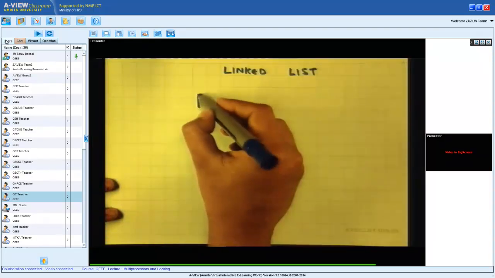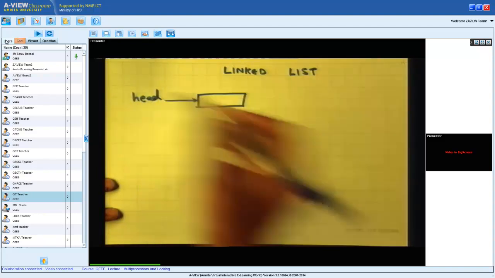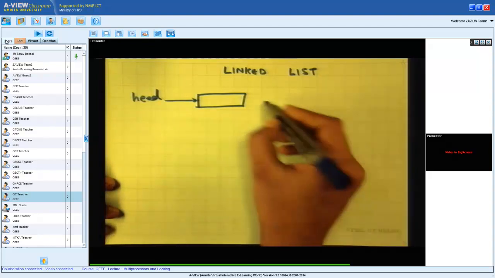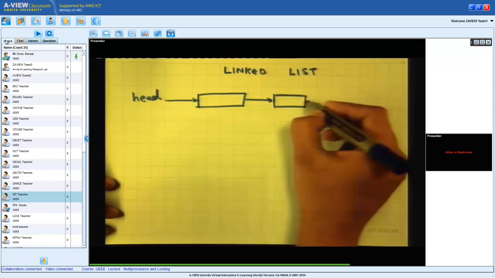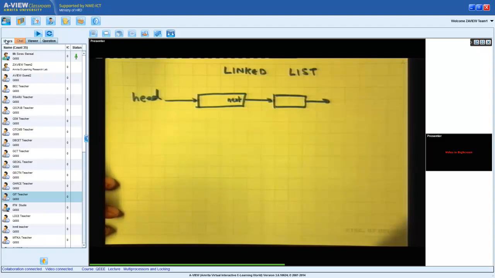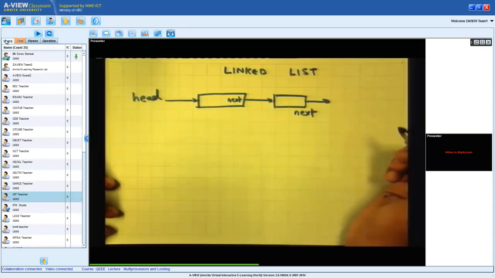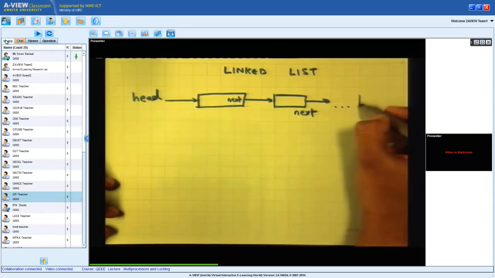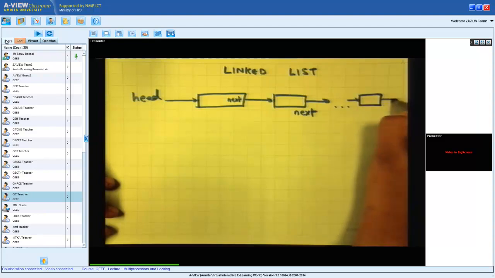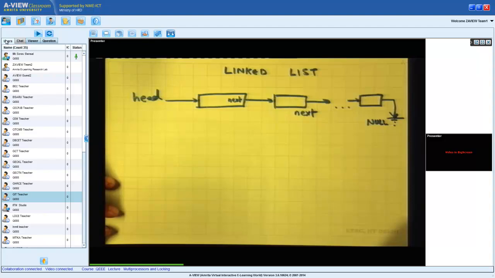It says there will be a head pointer, and this will be the next pointer in each element, and at some point it will be the null pointer. Right? So that's a linked list.